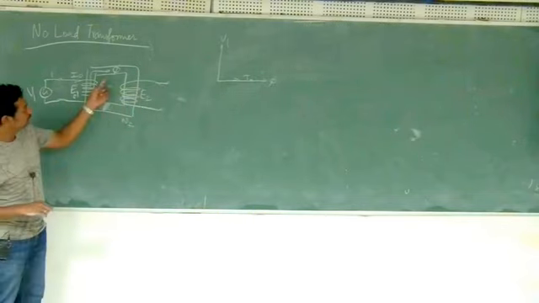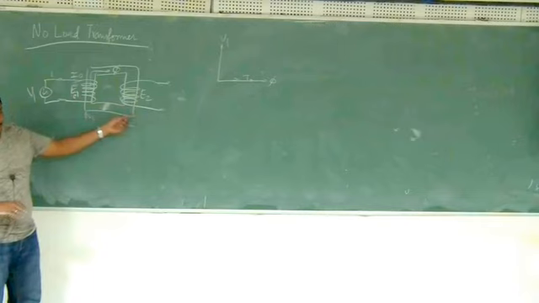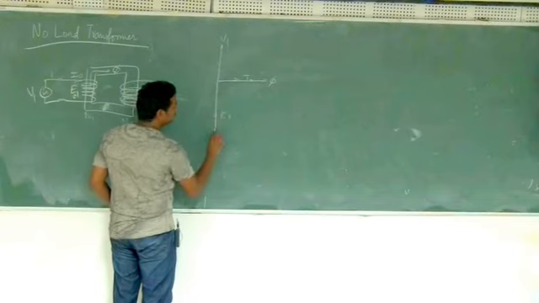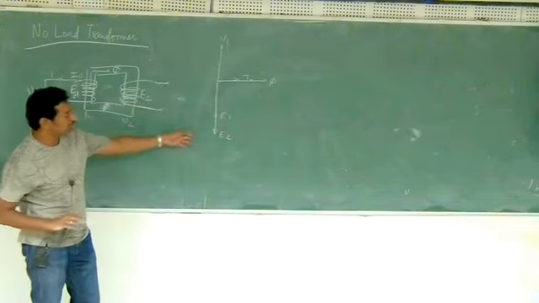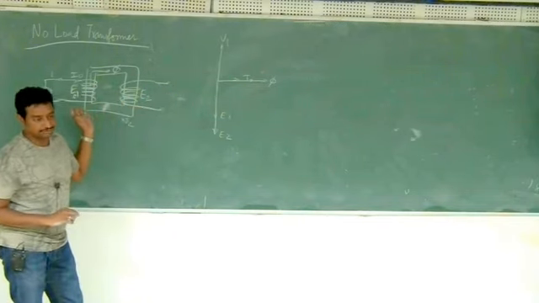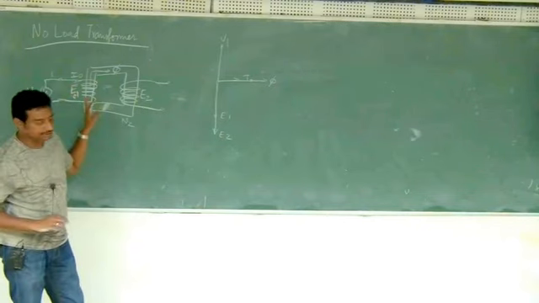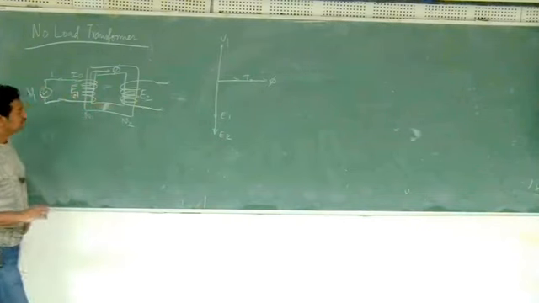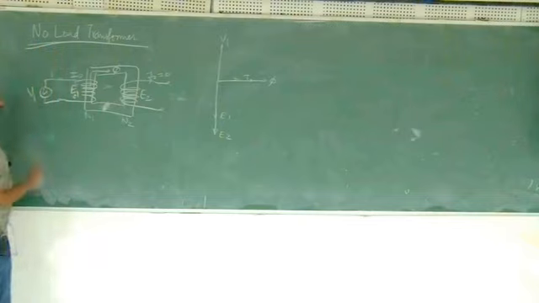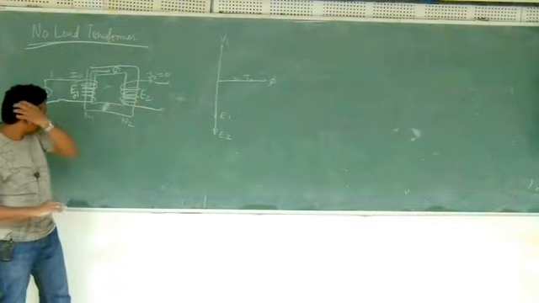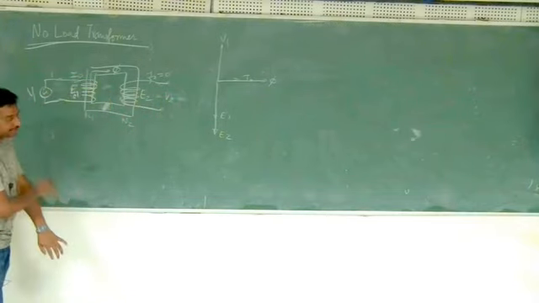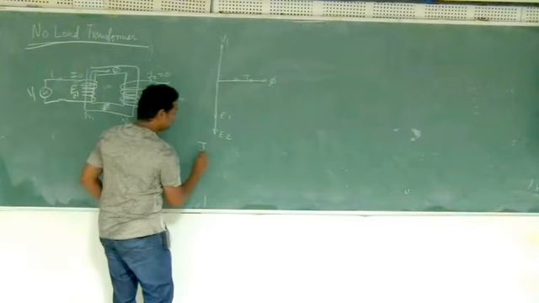And because of that flux there will be EMF induced E1, E2, which is again 90 degrees lagging. So that will be E1 and then E2. Now the length of E1, E2 depends on the ratio. Of course V1 equal to E1 in this example, because we are not considering any voltage drops. Now there is no I2. So I2 is equal to 0 because the topic we are talking is no load. That means there is nothing connected here. So what is V2 then? V2 is nothing but E2. The terminal voltage is nothing but the induced EMF. So this is ideal transformer.